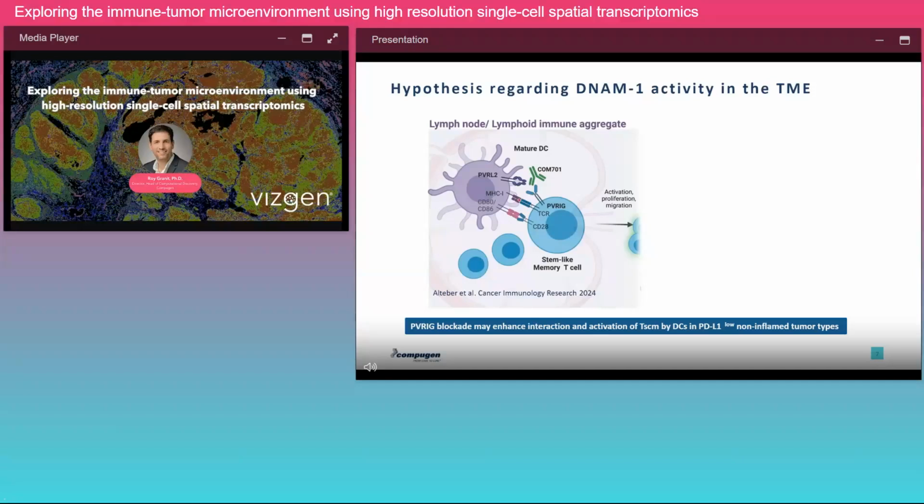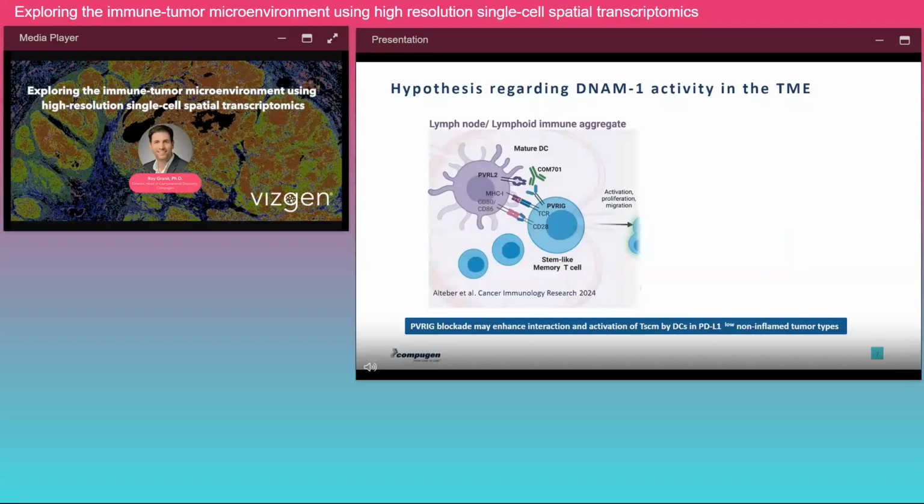And we, focusing on the DNAM axis, have developed this hypothesis where we have regions called lymph nodes or immune aggregates where T cells meet dendritic cells. And we believe that PVRIG is found on unique types of T cells called T stem cell memory cells. And in these unique regions, they meet the dendritic cells, which are supposed to activate them. But because of the interaction between PVRIG and PVRL2,